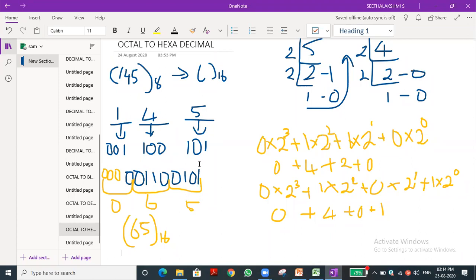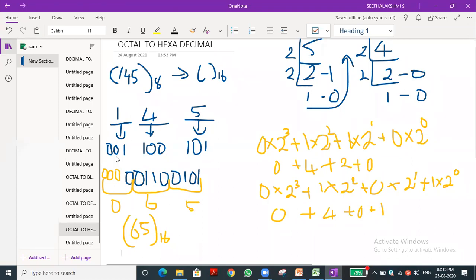For octal to hexadecimal as well as hexadecimal to octal, only these two have an intermediate conversion. The intermediate conversion means we need to convert octal or hexadecimal to binary form, then from the binary we do the conversion. That is the concept. Okay, you see that we need to convert the number and it should be in the form of groups of 3. We need to group the number by 3.